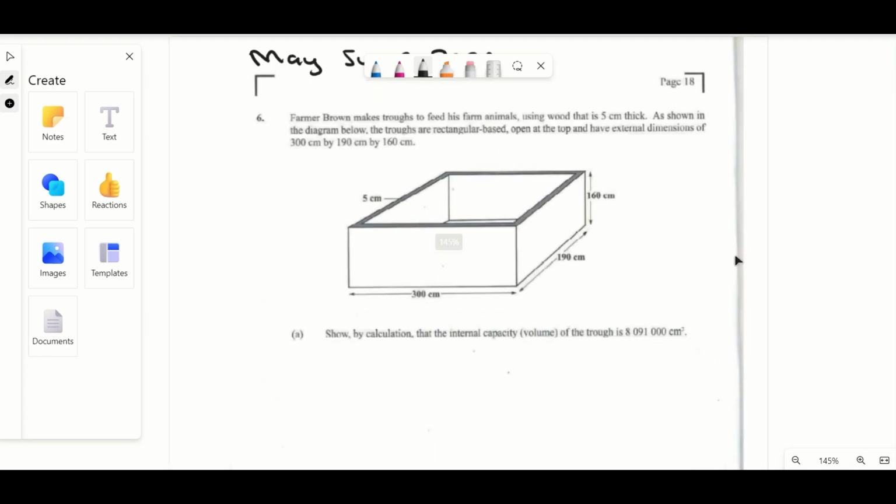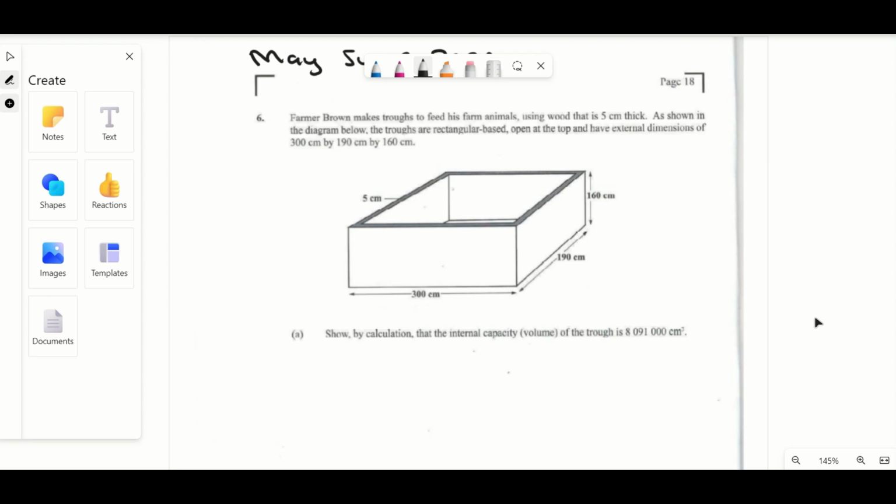The question says, Farmer Brown makes a truss to feed his farm animals using wood that is 5 centimeters thick. As shown in the diagram below, the truss has a rectangular base, opens at the top and has an external dimension of 300 centimeters, that is inclusive of the 5 centimeters, by 190 centimeters by 160 centimeters. Show by calculation that the internal capacity of the truss is